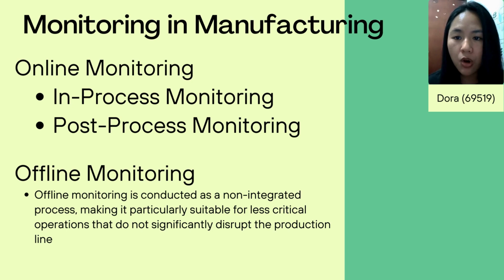Post-process monitoring occurs immediately after the completion of the production phase. It primarily involves activities related to quality control and inspection. Offline monitoring is conducted as a separate process, making it particularly suitable for less critical operations that do not significantly disrupt the production line. In offline monitoring, periodic checks are performed by analyzing samples collected from the production line, providing insight into the quality and characteristics of the